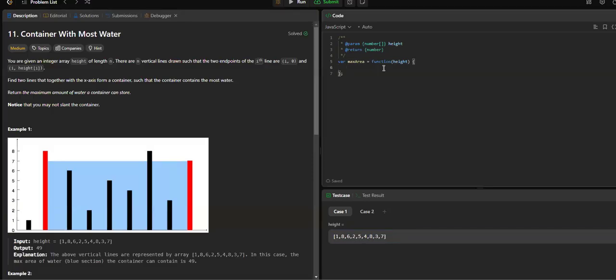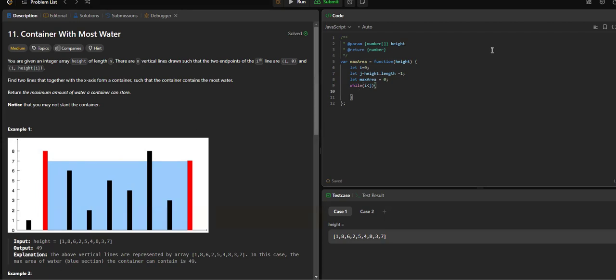So we'll be needing 2 pointers here. One will be starting from the start, and one we can start from the end of the array, here is height dot length minus 1. Then we need one max variable. Let's initialize it with 0, and then start traversing this array from start and end, right? So while i is less than j,